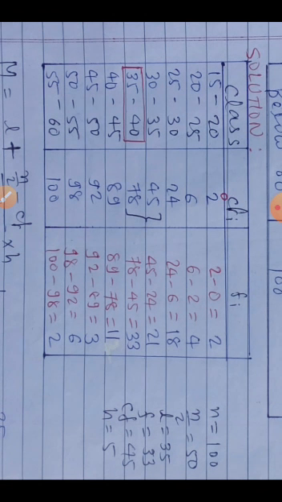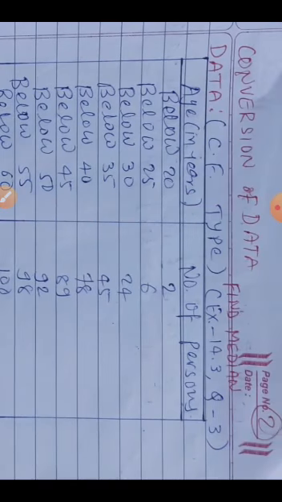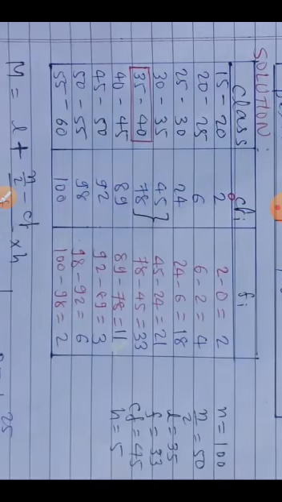Now if you want to find mean, median or mode, you can find anything. Here they have asked the median, so we will find the median. You remember, for finding the median, the CFi column is required. Actually, here we wrote the CFi column for finding fi, but it is indirectly useful here too. So there is no need to write it again or find the CFi column again. Here the CFi column is beneficial to us.